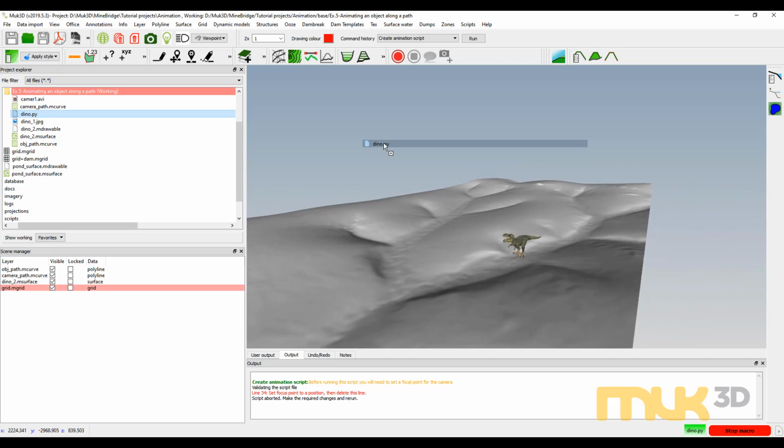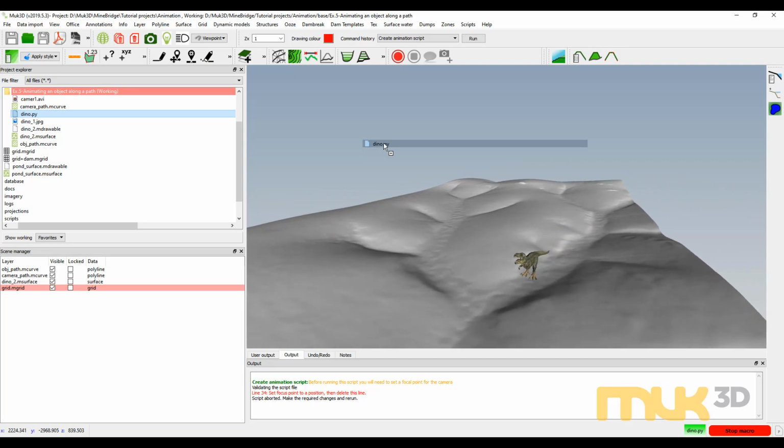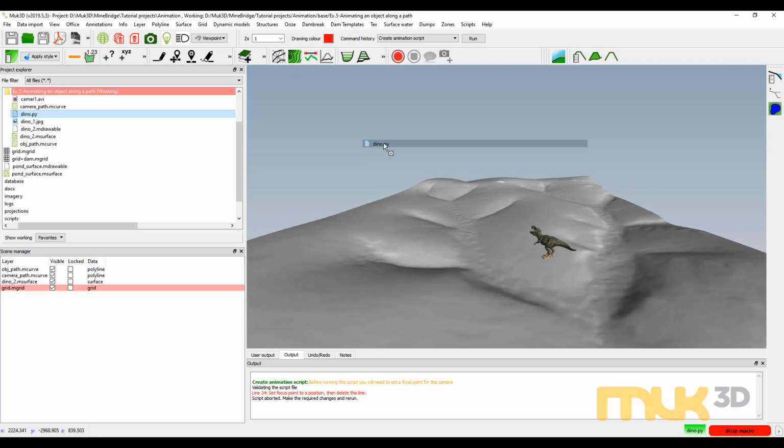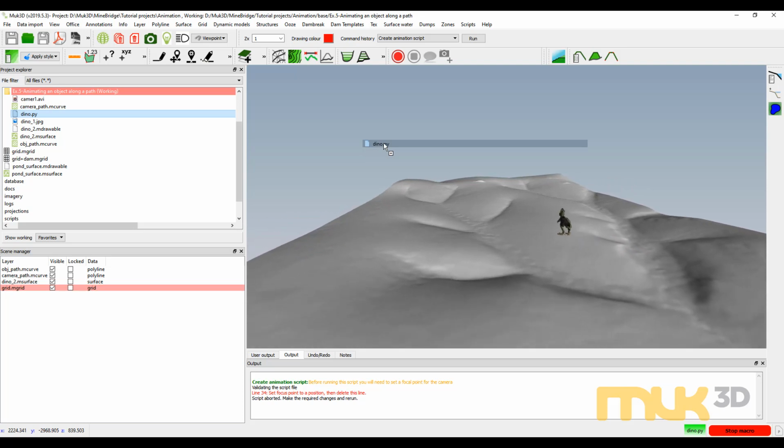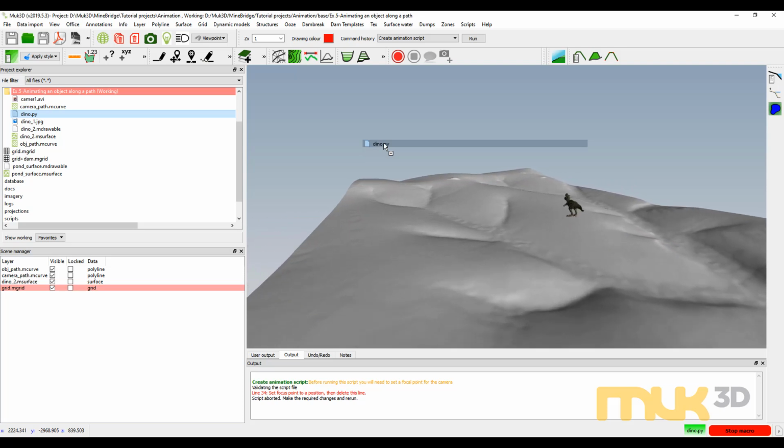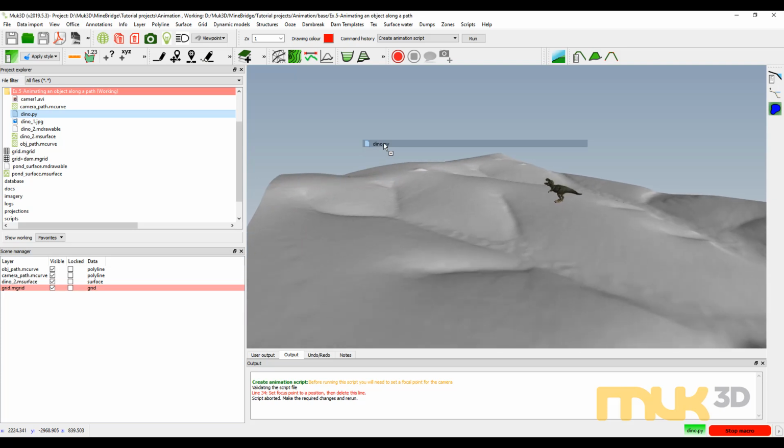This is just a pretty simple little script. You could have multiple objects if you want. You could have objects that start and stop at different times, that appear and disappear, and so on. But have a play around with it,